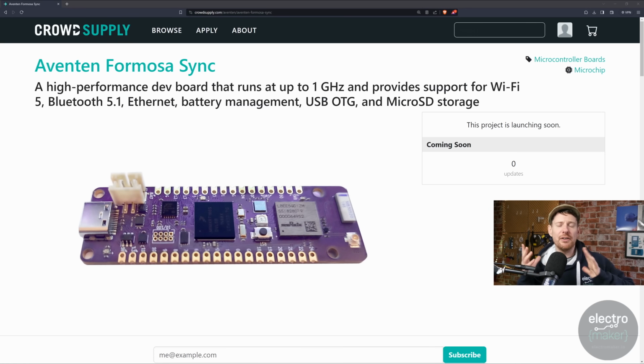There's a lot of amazing software-defined radio things on there, there's a lot of amazing IoT things on there, and this is just a really high-spec and nicely put-together idea for a development board. It is a pre-launch project, there's no price to this yet, but the specs of this dev board make it really quite interesting, and there's only a few other dev boards I can think of that come close. So what is it? This is the Aventen